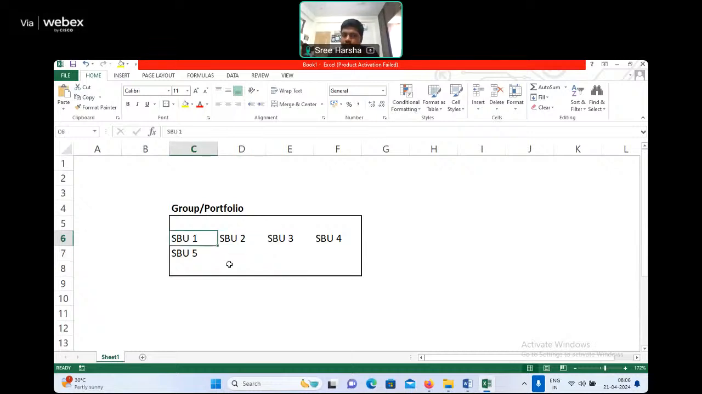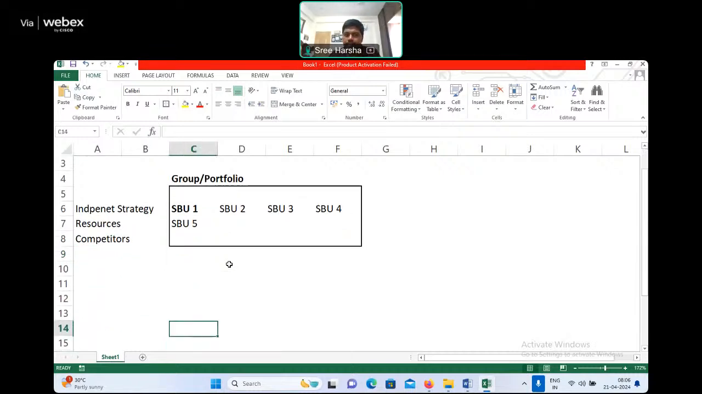Each SBU will have an independent strategy. Its resources are completely independent. Its competitors are different. Everything is different for each SBU. For example, all this time I was explaining Reliance Group. Now let me explain Tata Group. Tata's portfolio